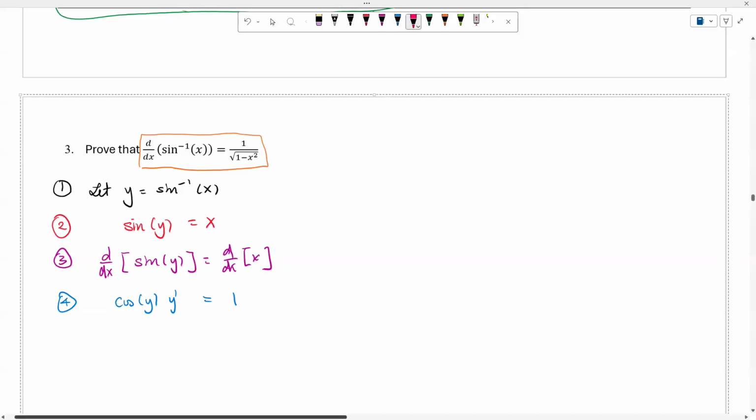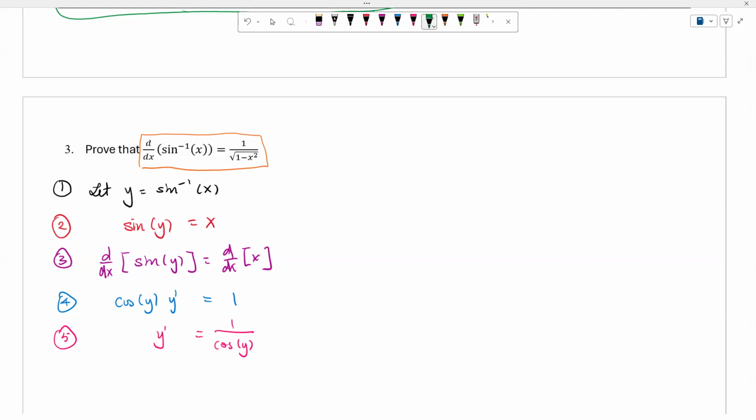Then just like what we usually do, we would like to solve for y prime. So I'm going to have y prime equal to 1 over cosine of y. Then this will be my step number 6 now. I would like to find